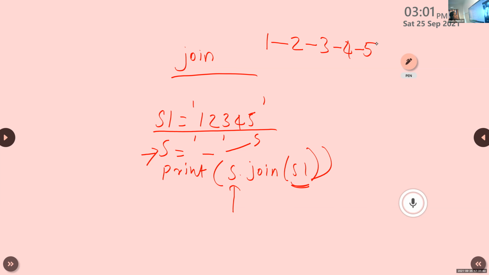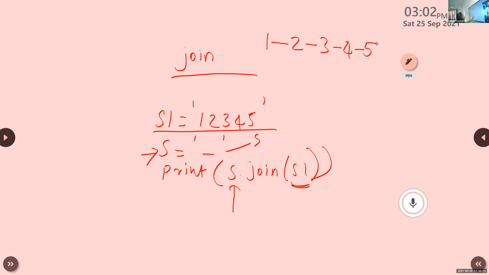This is the result. So join is a function that is used to join the different elements using a separator. It will return a string in which the string elements are separated using a special symbol. You can use any symbol here. Instead of a symbol, you can use an alphabet also. So here S1 is the original string, so write that name within the join function. It is very important.